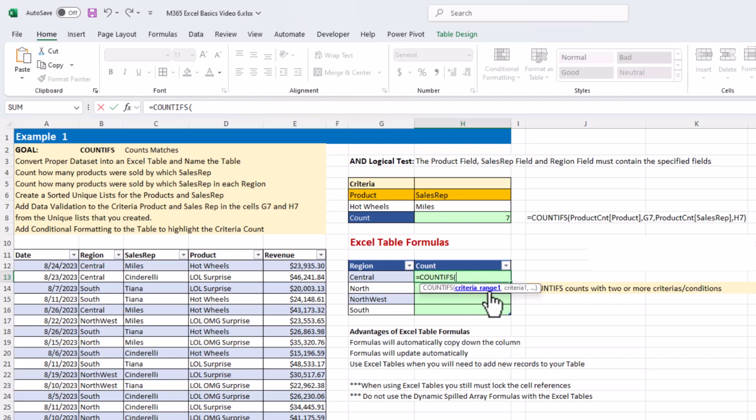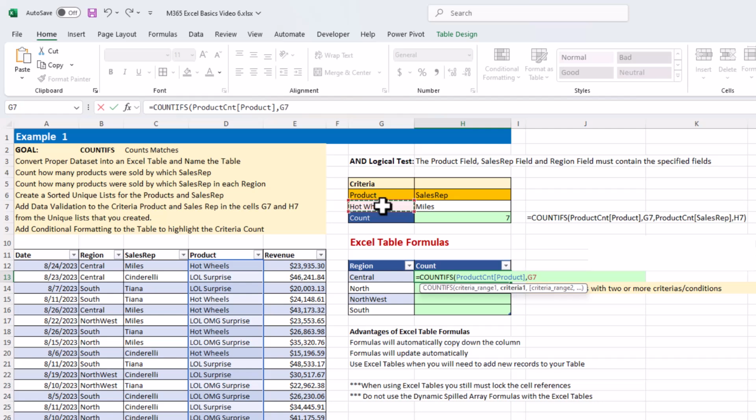Our criteria range, as I said from video number 5, we can start with any criteria range as long as we provide the right criteria that is matching with that criteria range. We will start with the products. So I will come to our table right here to the products field. And instead of selecting all that field there, I will hover on it until I see that black arrow pointing down to that field. Click on that,